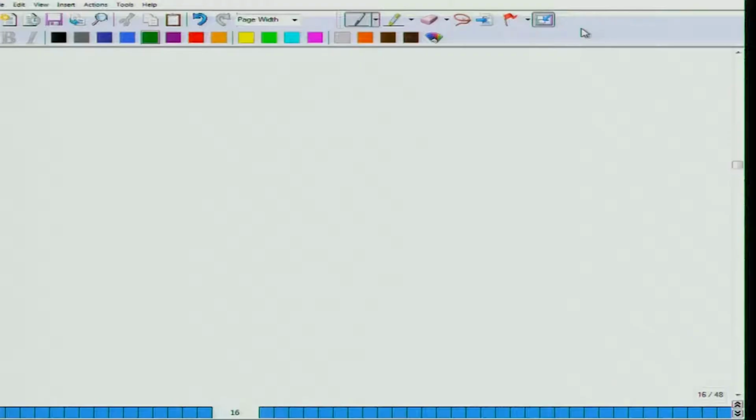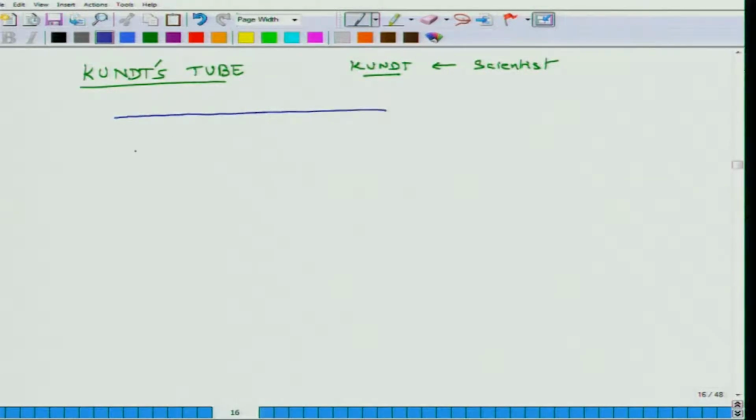So what does a Kundt's tube look like? So this is Kundt's tube. Kundt was a scientist who studied noise and sound, and he designed this methodology and apparatus, so that's why it's known as Kundt's tube. Essentially, in a very simple form, the tube is nothing but a long hollow tube, and at this end